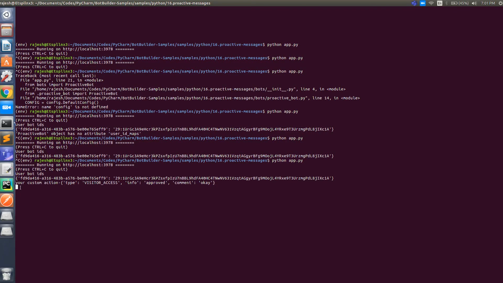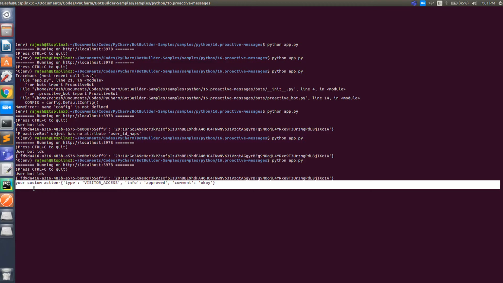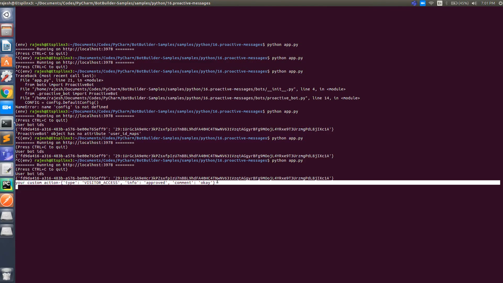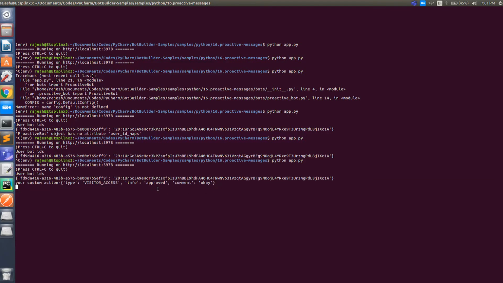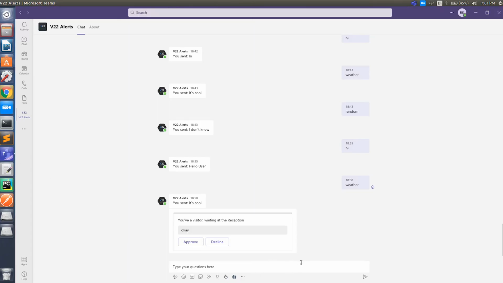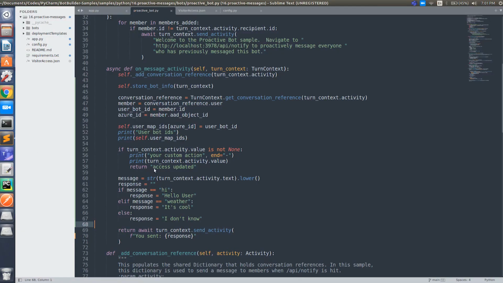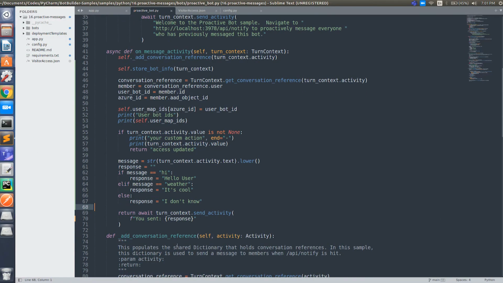But here it said your custom action, and it just printed this because I clicked on approve. We might want to send something back to the bot so that it can respond to the user. So let me see what we can do here.